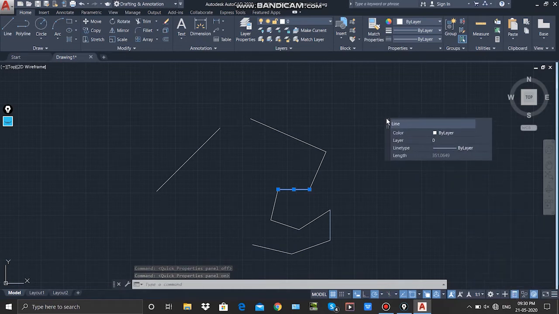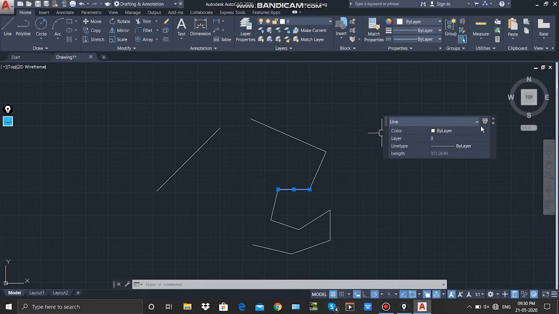After enabling, you can find the quick properties window comes up after you select any object in your worksheet. So to close that window, just click on this cross option.